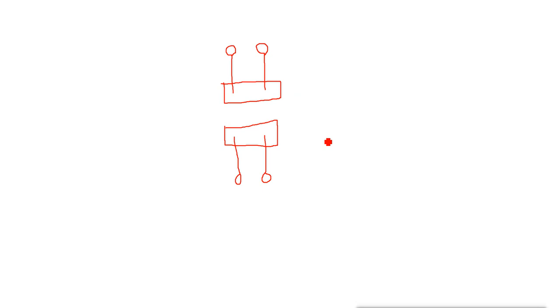Like these two switches, which are connected together. Until there is one link only, there is no problem. But as soon as we have a redundant link, now we have a problem.